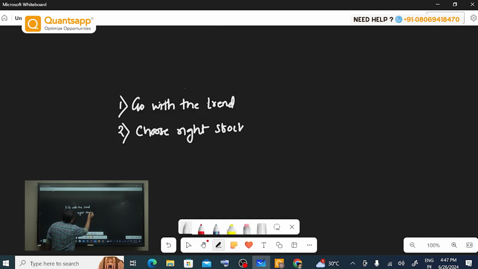And now right stock I am talking, it is not necessary that it is 100%. It is not correct to say that it is going to work 100% of the time, but it should work most of the time. Let's just say 70% of the time. So choosing the right stock is very important, which is moving along with the index. Okay, then